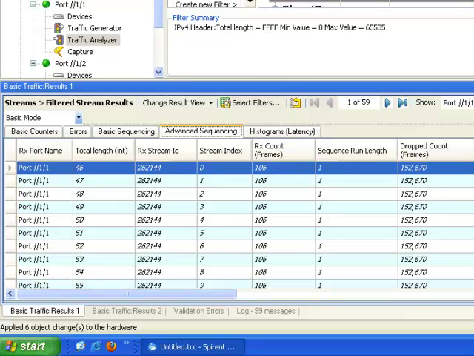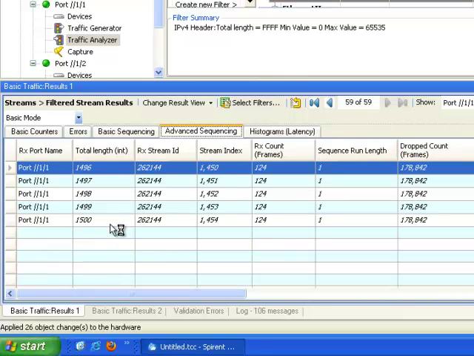But the problem is, since it was one stream, if we look at our sequence tracking, it thinks it's dropping a lot of frames. Keep in mind that one stream is generating sequences 1, 2, 3, 4, 5. Sequence 1 is now received on the first record, sequence 2 on the second, sequence 3 on the third, all the way up to the last record on page 59, which is our 1,500 byte frame, which then cycles back to our first frame,